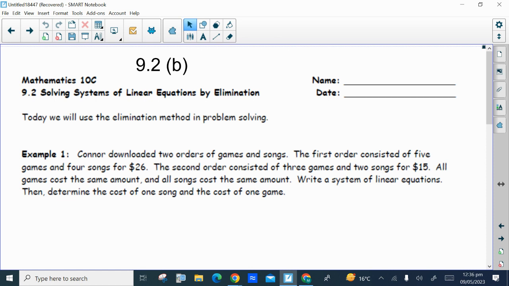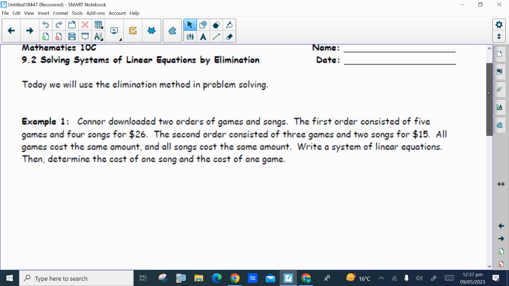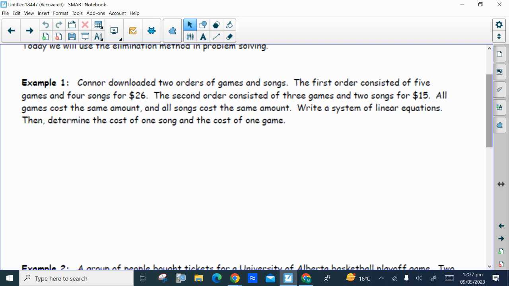So if the coefficient in front of one set of variables is the same, then you subtract the equations to eliminate that variable, solve for the other. If the coefficients in front of one set of variables are opposites, you add the equations together to eliminate that variable, solve for the other. We saw that in some cases you need to multiply one or both equations by a constant before you can do that step of using elimination by adding or subtracting the equations. So we'll do some more work with these equations today, except now we're going to write the equations first and